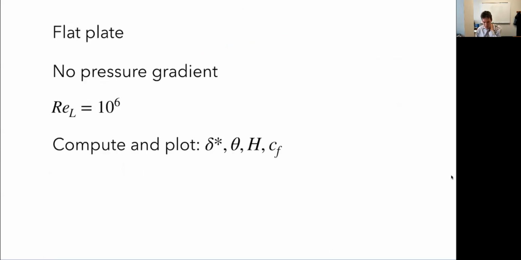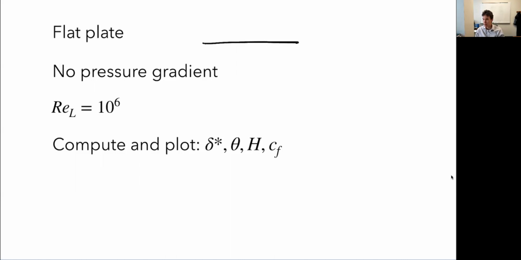I won't do this in the video, but this would be a good exercise for you to now try. A good first test case is just take a flat plate. This Reynolds number is irrelevant. This is just one we did in class, but you could use any one that you like, and compare it to the Blasius solution. Because we have an analytic solution for that, it's a good case to compare it to. In fact, this ODE for the flat plate is really simple, right? A flat plate is